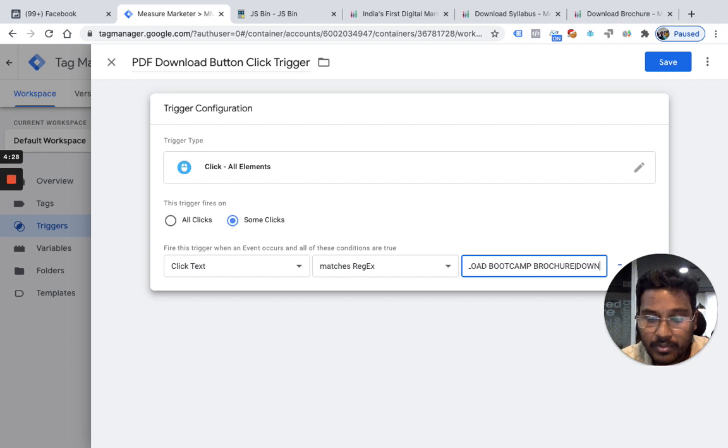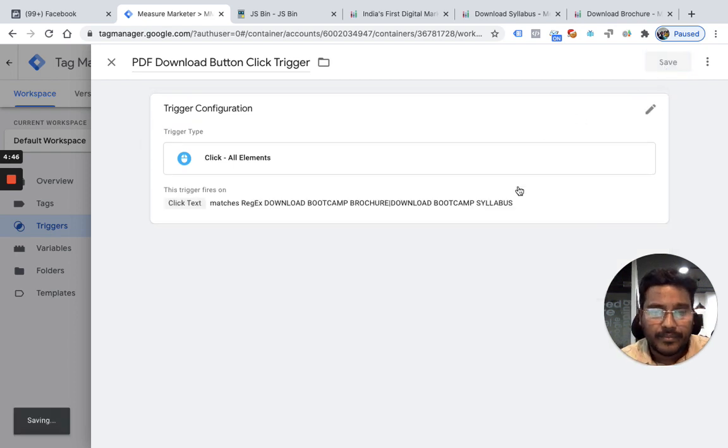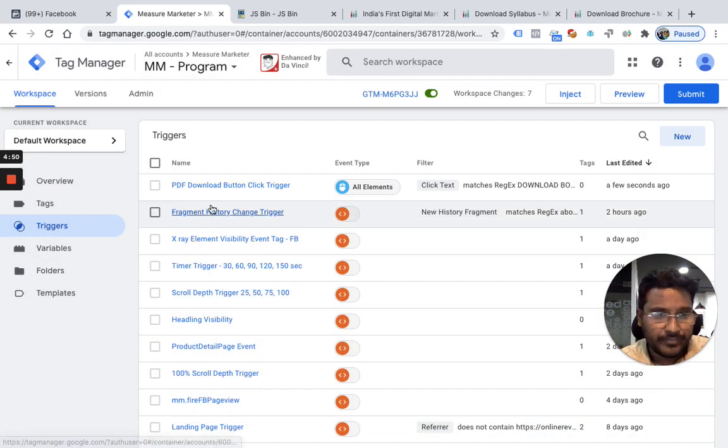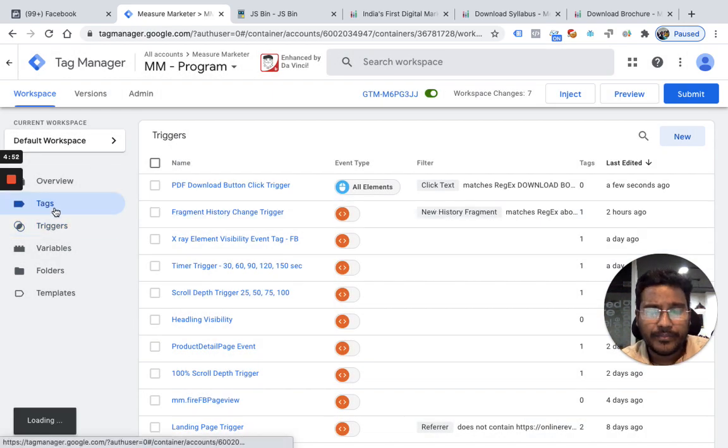Then I'll put download bootcamp. So I'm telling GTM to trigger this only when people click on any element whose click text contains download bootcamp syllabus or download bootcamp brochure. I'm using a regular expression, which is why I put the pipe. Pipe represents OR.